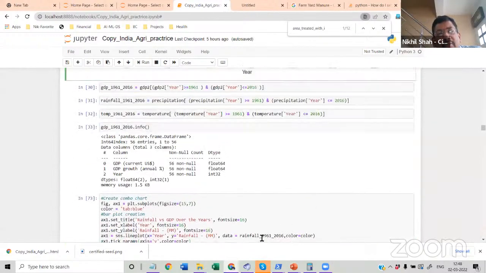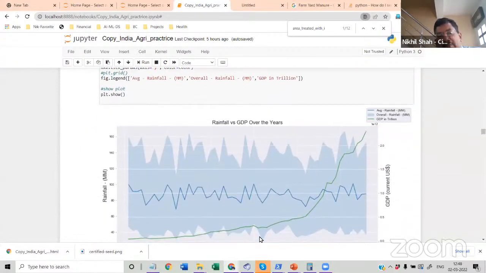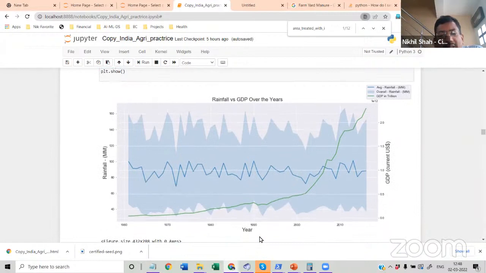I wanted to see if there is any correlation with GDP. Again, there may not be, but just for the sake of it, it's just a few lines of code, I wanted to present for the last 70, 80 years from 1960 till 2020: is there any correlation between rainfall in India and anything to do with the GDP of the country, right?